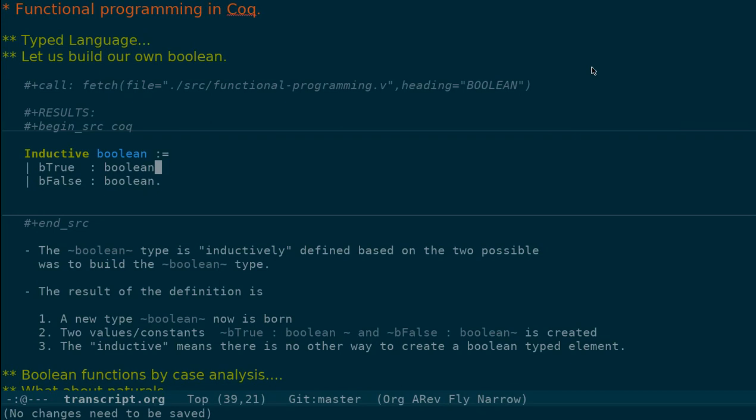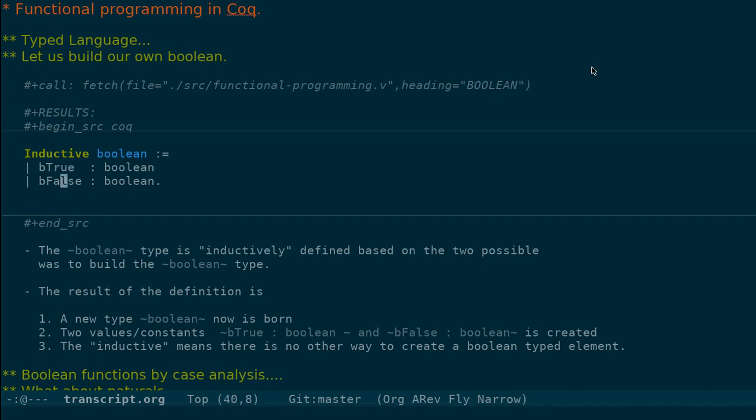What we do now is to show how you can build your own versions of boolean and natural numbers. So let's start with the boolean, which is the simplest. We define boolean by defining it as an inductive type. So how do we do that? We write Inductive, the name of the type, which is boolean, is equal to, and then we enumerate the possibilities of boolean. Boolean can either be b_true or it can be b_false.